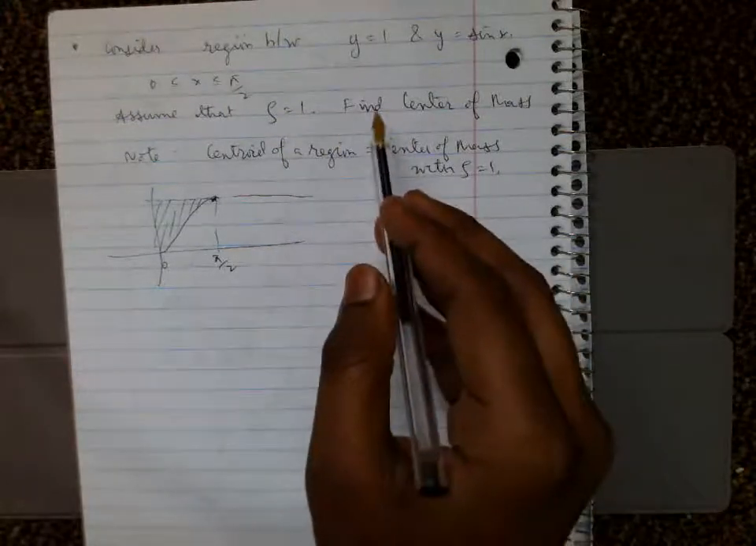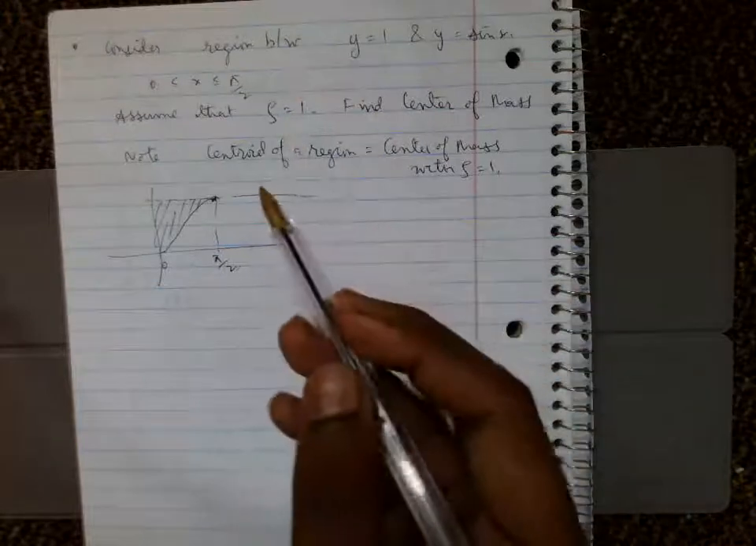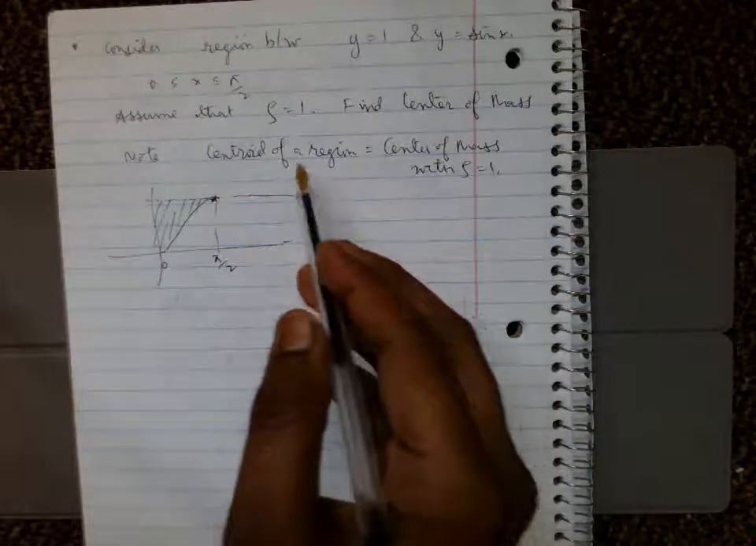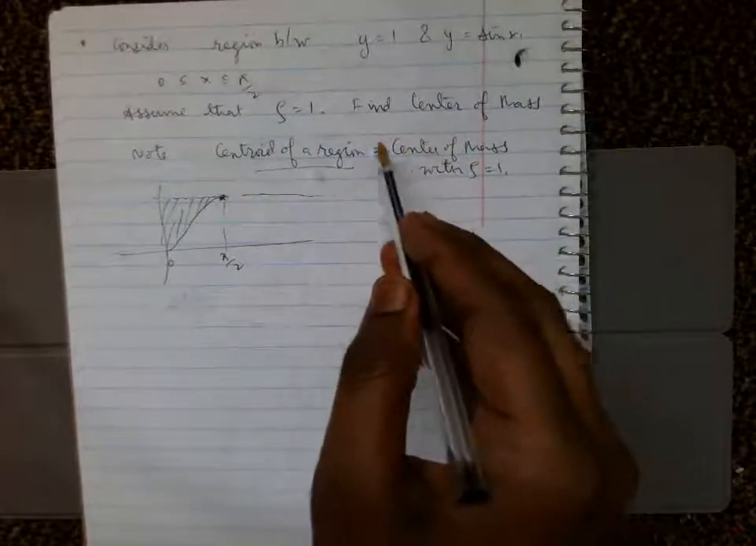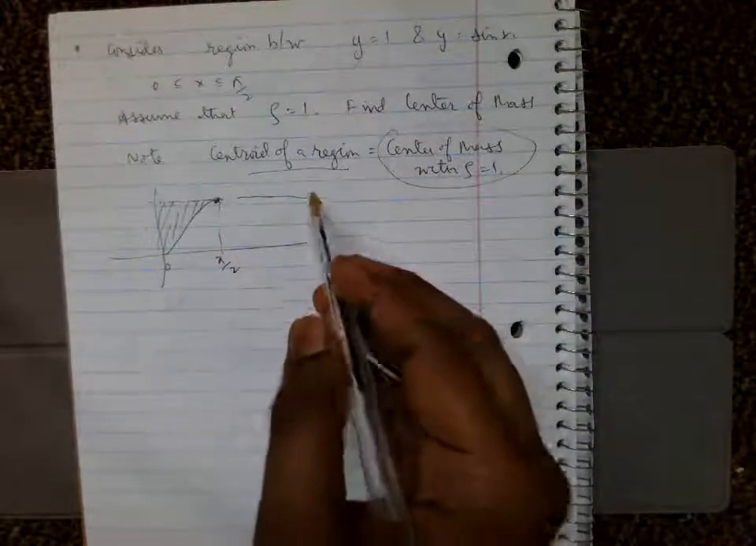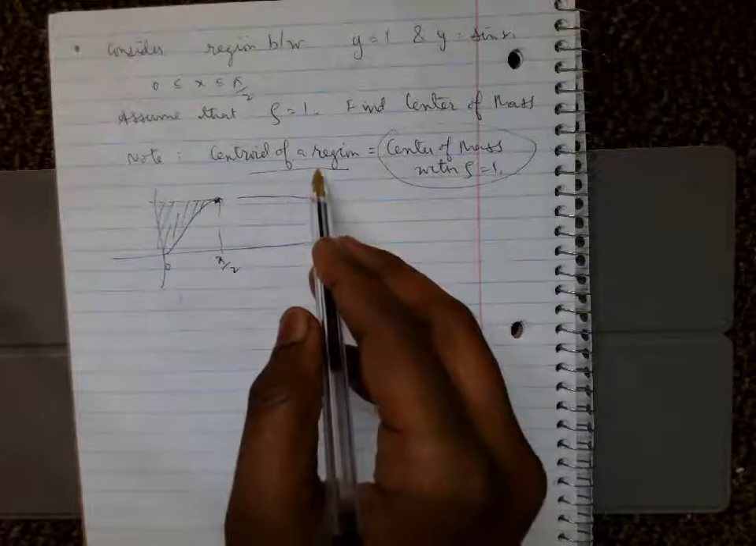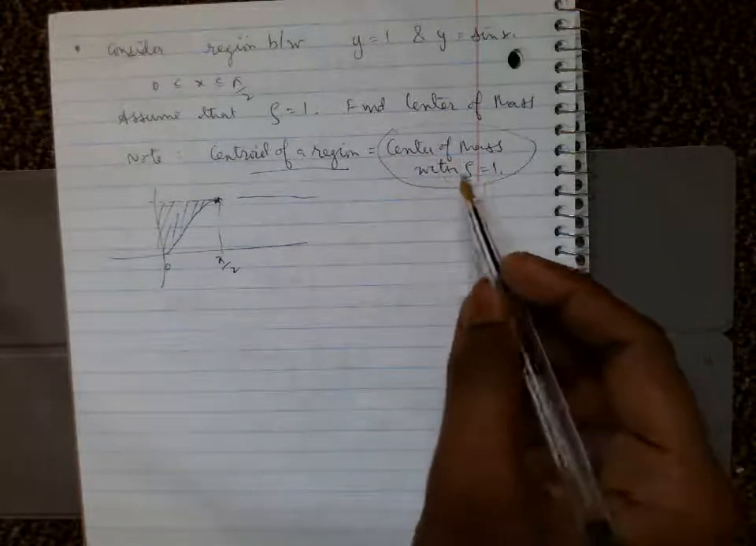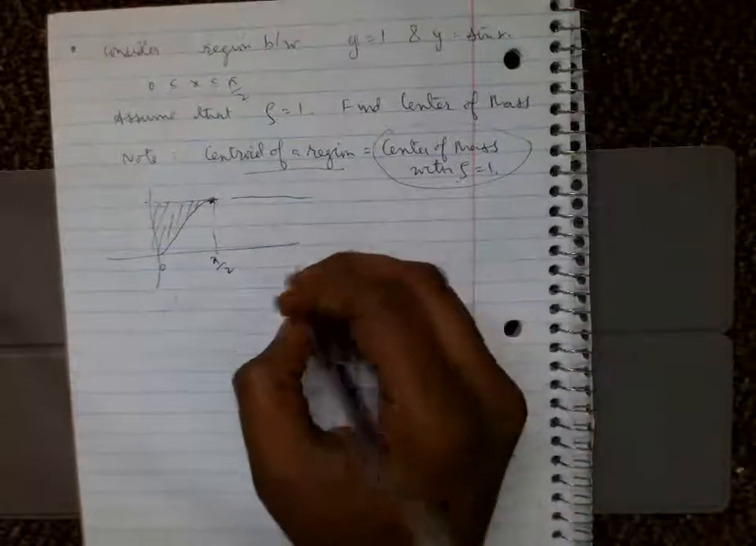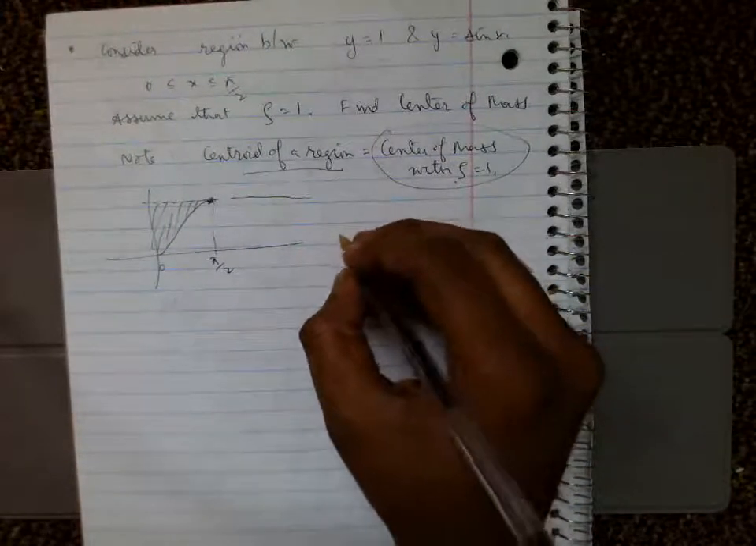So we are asked to find the center of mass when rho is equal to 1. Note that the centroid of a region is essentially the same as the center of mass when rho is equal to 1. So if the question asks you to find the centroid of this region, it is just the same as finding the center of mass. Just take rho is equal to 1. So we remember that